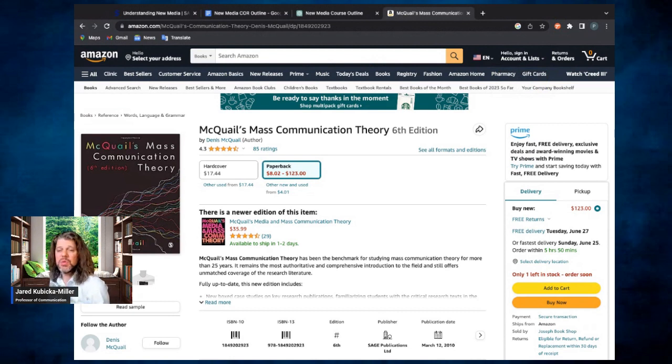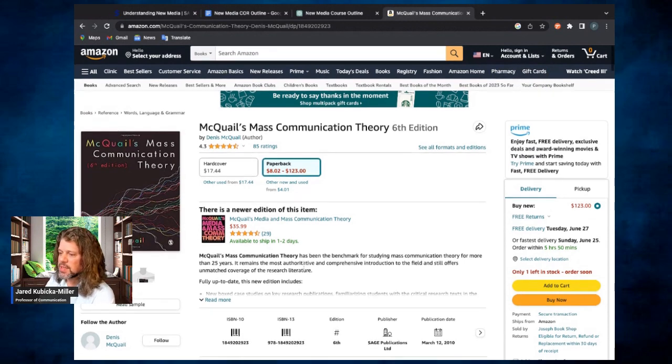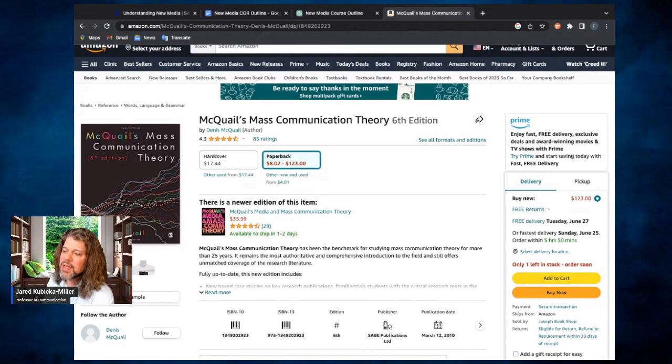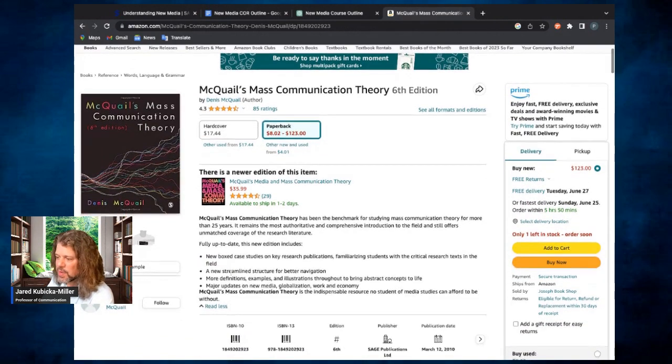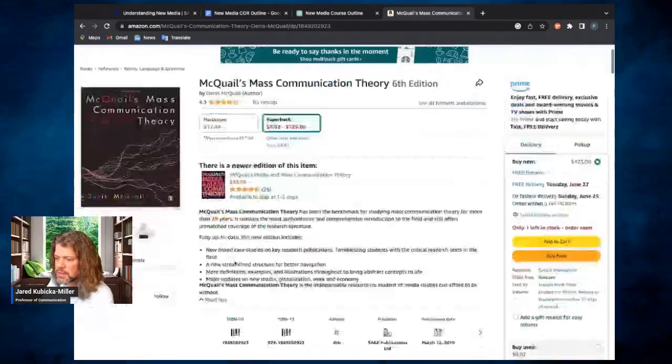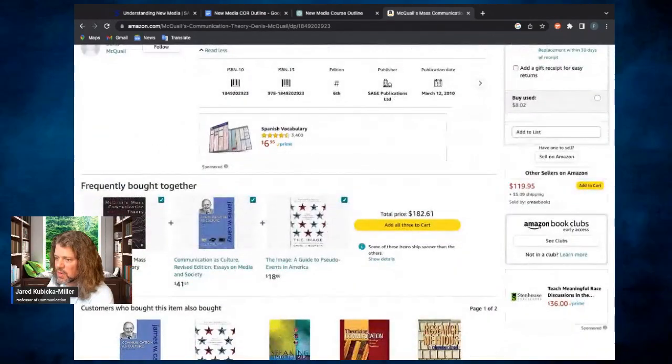So one of the issues with the course that we're offering is that we want to distinguish it from mass communication. While there is significant overlap, we want to make sure that new media is distinct. I'm only saying that because I'm looking at this and thinking, oh, that almost looks like a textbook, but I don't want to use it for this course. I want to focus on new media. I want the textbook to be about new media, and I don't think that exists quite yet, and I don't want to cut corners by doing this. Still, I think this is a good source.